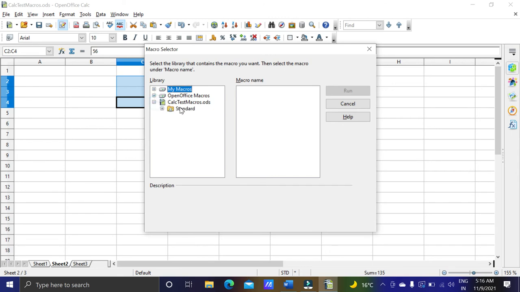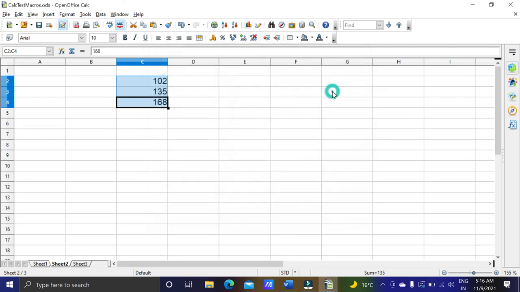It will ask me the name of the macro. So standard module 1 main, this was the macro, run. You can see all the numbers got multiplied with 3.